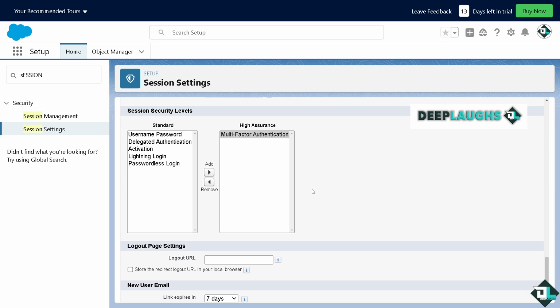If you have an option, uncheck the option to require MFA for the designated profile such as username, delegated authentication, activation, lightning login, passwordless login. For activation, all you have to do is remove the multi-factor authentication. That's one way. Another option is again on the Quick Find, type in identity